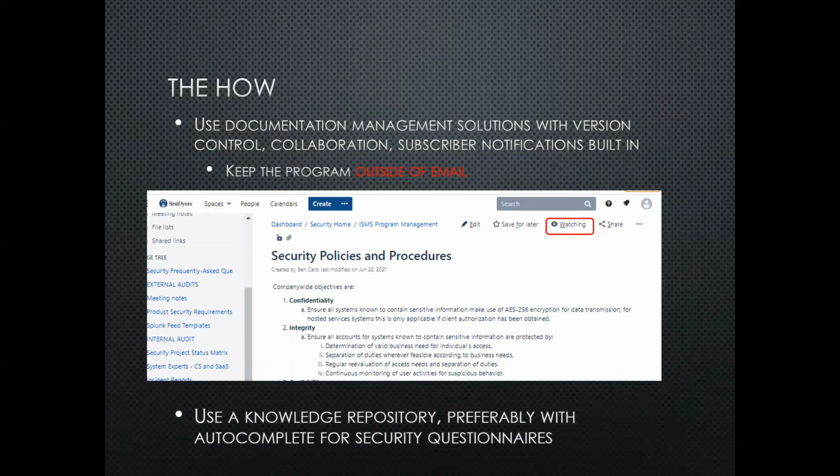Use a knowledge repository as well. So if you have particularly a need to respond to security questionnaires or RFPs, there are solutions that are available that will enable you to maintain a library of responses to the questions and use AI or similar types of solutions to identify which responses go best with each question or request in the documents coming from external sources or even internal sources.